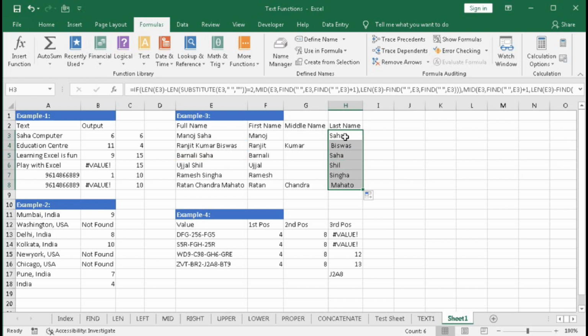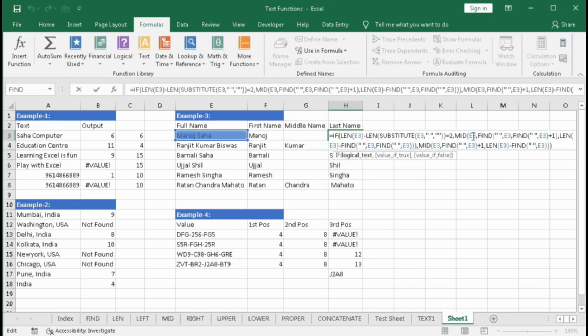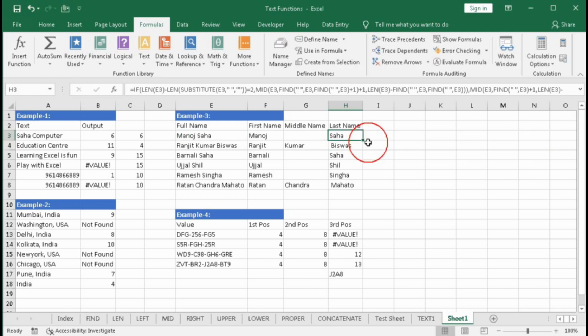So starting number should be plus 1. So here MID text starting number. So here we have to put plus 1. Now drag this. So we got the last name. So in this way you can find the last name.